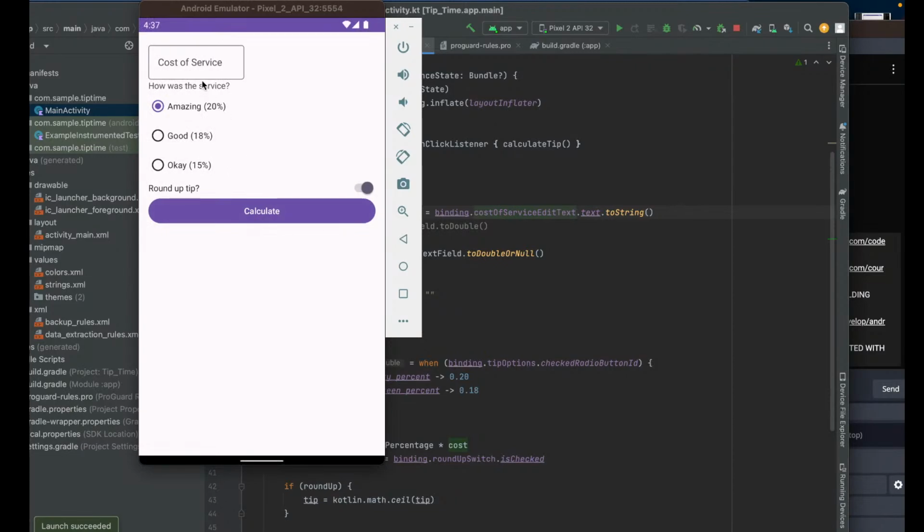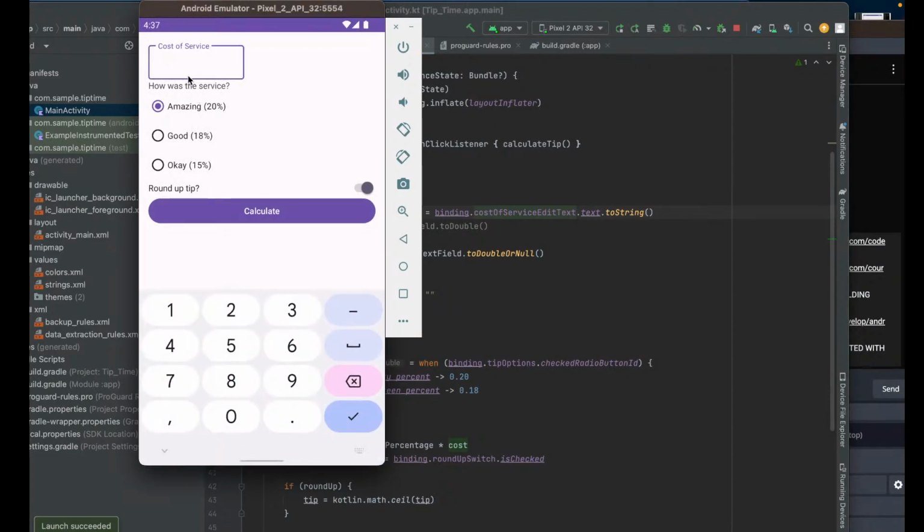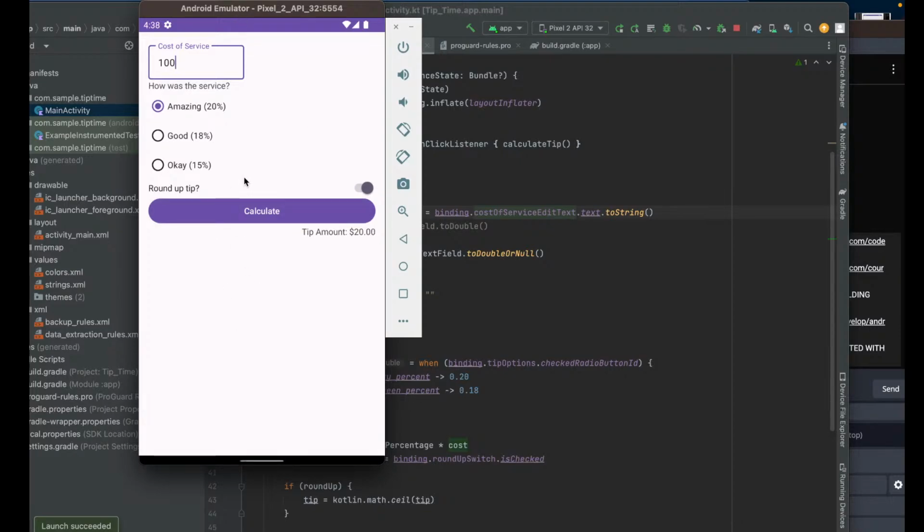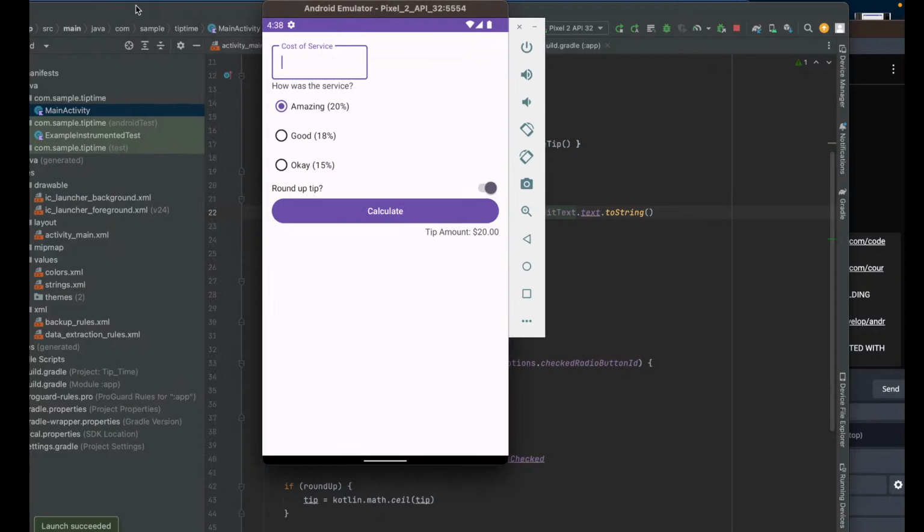Alright, our box is different. Cost of service. When we click on it, that was a cool animation. So we do 100, calculate 20. Alright, so that is what they wanted us to add here. Cool. Now